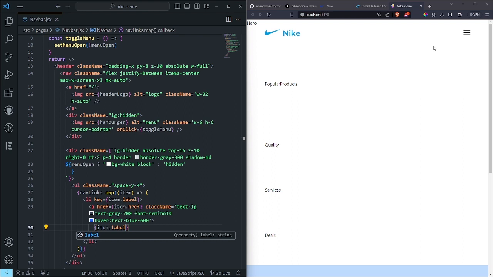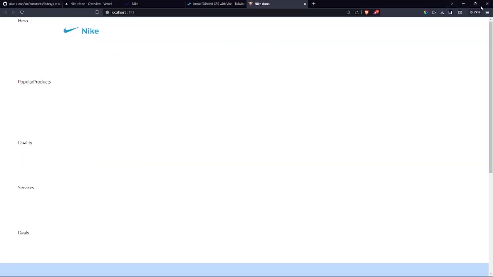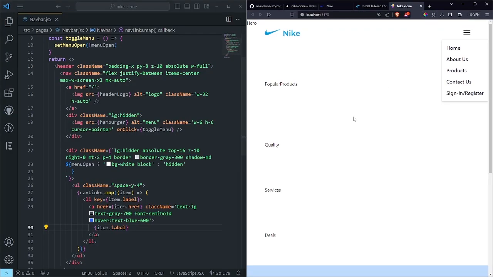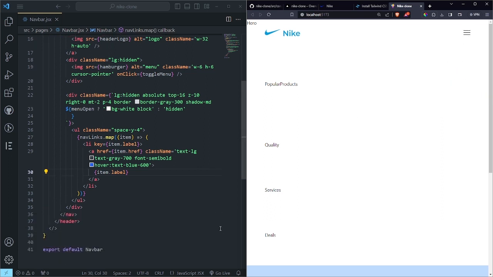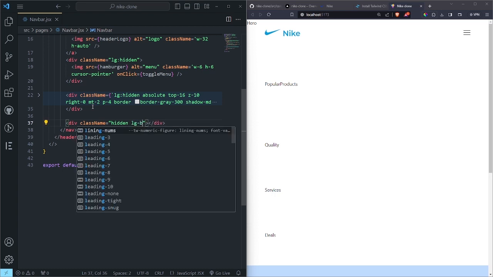Then if I click here, it's supposed to appear. You can see now we have these links, but if I extend it, you can see they're not appearing. So you're supposed to make them appear on large screen devices. So below this div, we want to create another div here, and this div is going to have a hidden class. Then in large devices we want it to be